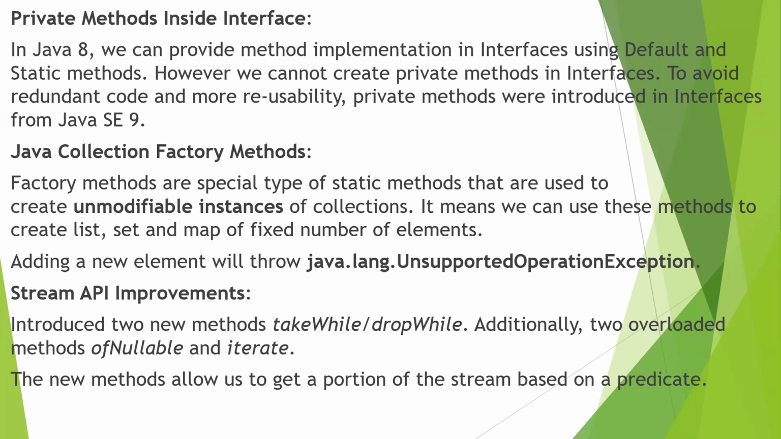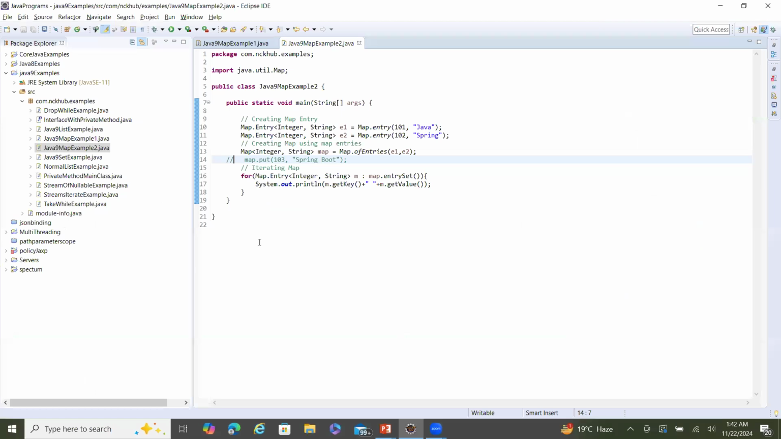In addition to these two new methods, they have provided overloaded operations for two of the methods, ofNullable and iterate. Let us see all these four in action now. We will start with